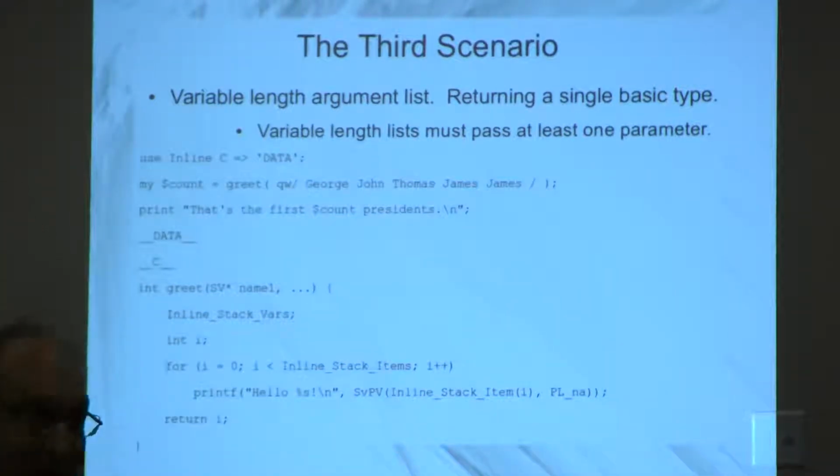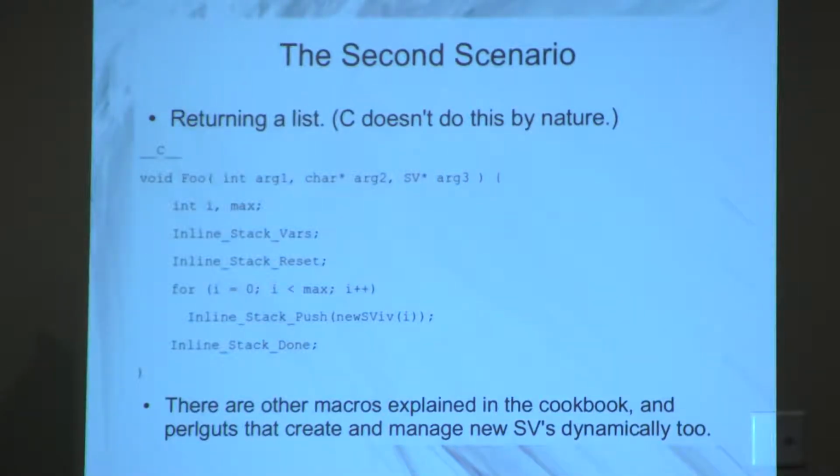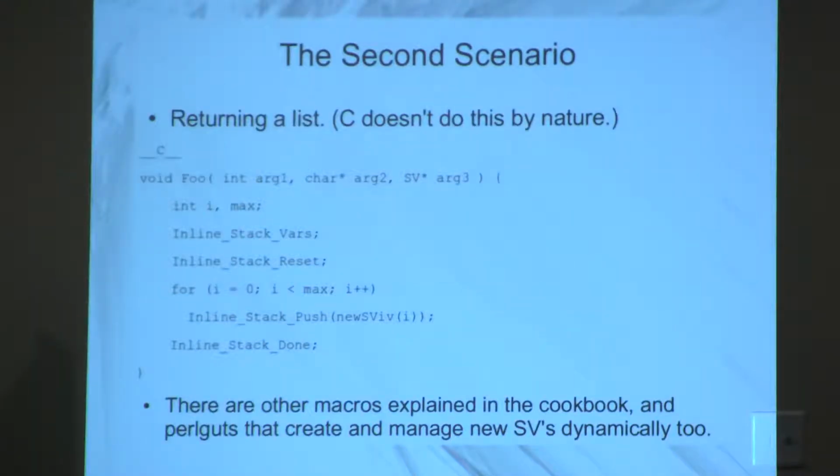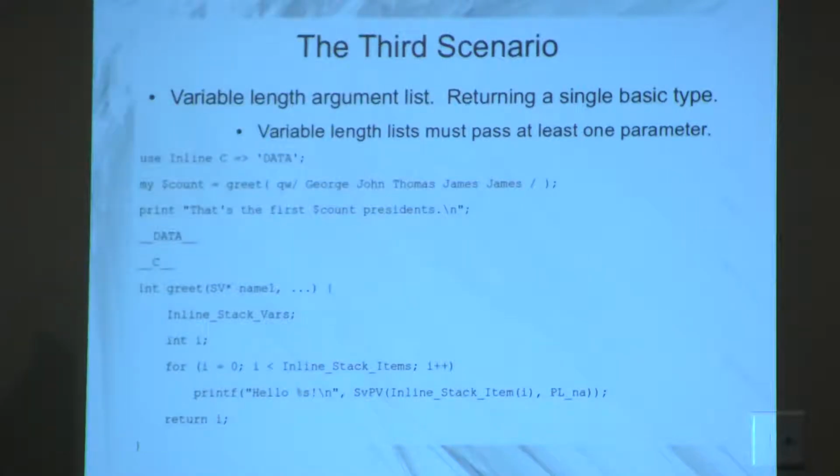I got a quick question. Yeah. On the previous example, you had void for the return value. Yeah. That's because we're not returning something from the C function. We're just pushing it on the Perl stack. Yeah, good question. And the reason that this one, for example, is returning an int is because